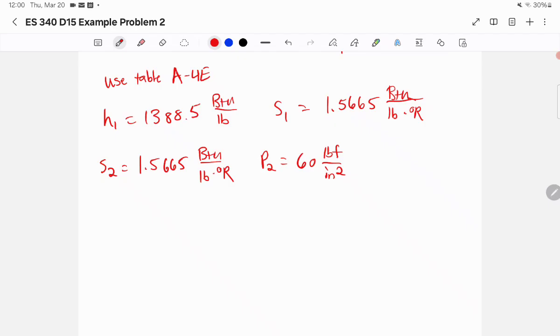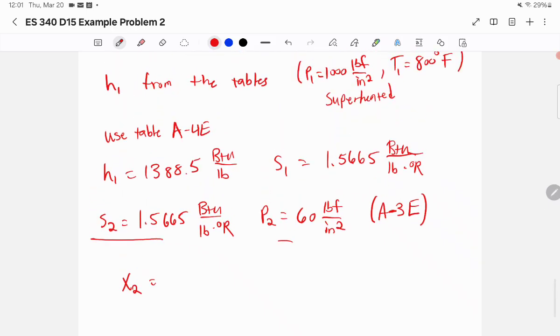Okay, so P2 is equal to 60 pound-force per inch squared. And essentially what you find is that this value of S, if you go to the pressure tables, say table A3E, then you find that this has to be a mixture, right? This value of S is in between the saturated vapor and the saturated liquid value. So that tells us that we're in a mixture. So immediately that should make you say, okay, I need to find the quality,